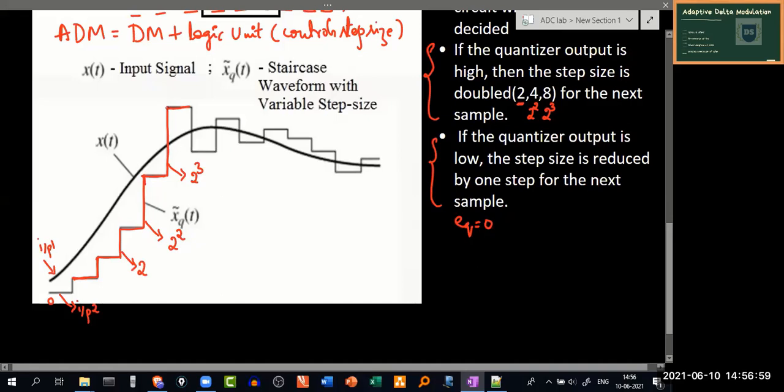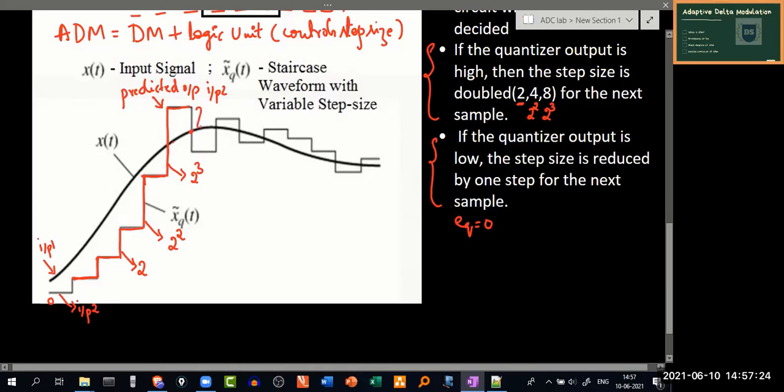And finally, when the predicted output, or the input 2 in this case, is larger compared to that of our analog signal, because of which we are supposed to reduce the step size.